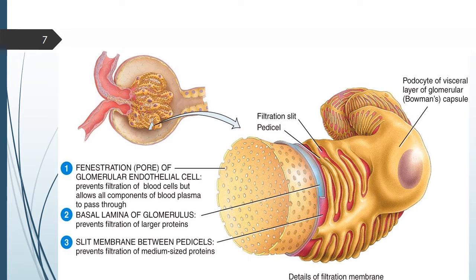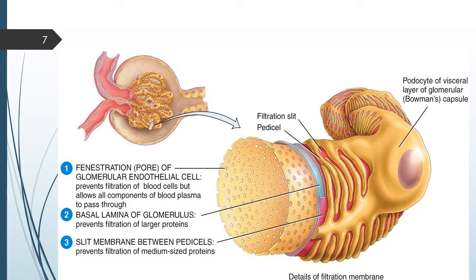In this picture, we can see the filtration membranes of the glomerulus. The filtration membranes are the glomerular capillaries and the podocytes, which completely encircle the capillaries and form a leaky barrier known as the filtration membrane. The filtration membrane mainly contains three layers, that is, the fenestrations or pores of the glomerular endothelial cells,